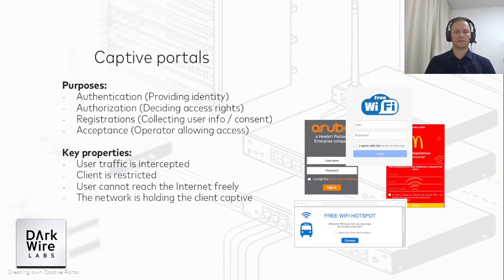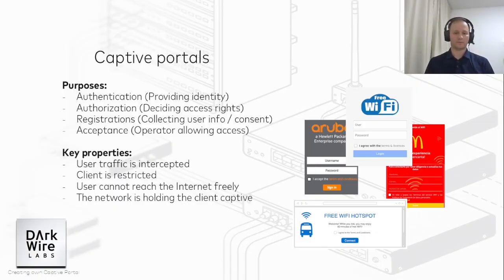Captive portals are commonly found in public networks, on buses, trains, in shopping malls, restaurants, airports, and parks. They serve several purposes: authentication, verifying the identity of users before granting access; authorization, controlling which resources or services a user can access; registration, collecting basic user information before allowing connectivity; acceptance of terms, ensuring users agree to network policies